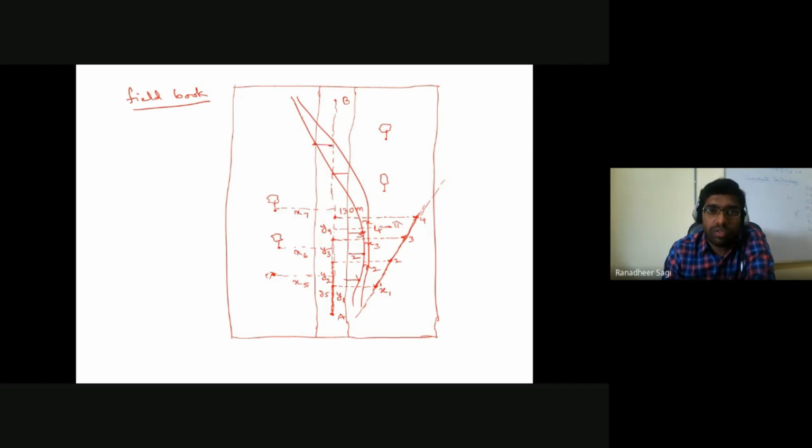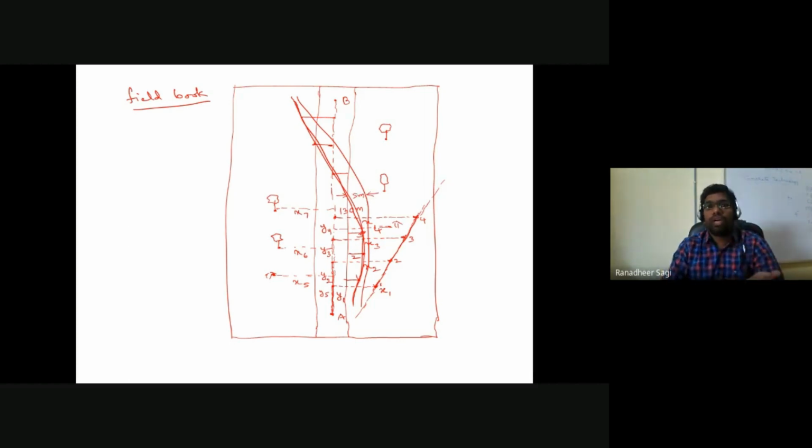So drop all those offset points onto your line AB. See, I'm not confusing you. Hope I am making it very clear. So you are trying to locate the alignment of this line of your road. Alignment of this particular line of the road, you are trying to mark on your field book. And the other line, whatever you are required to mark, obviously you can mark at a distance, indicating it as the width of the road was 5 meters.